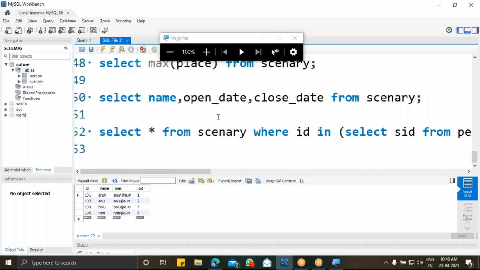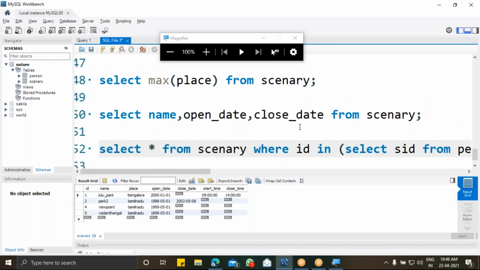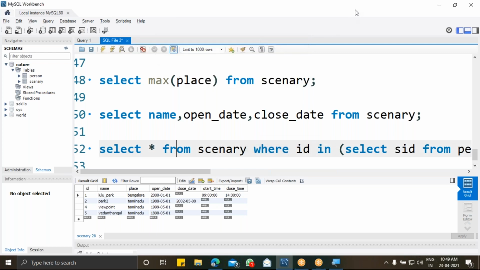Okay, so now I have inserted the scenery ID 4 and 5 to my person ID. So now if I give enter, it will give me the places that are visited by persons. Yes, okay. So this is an example for subquery.